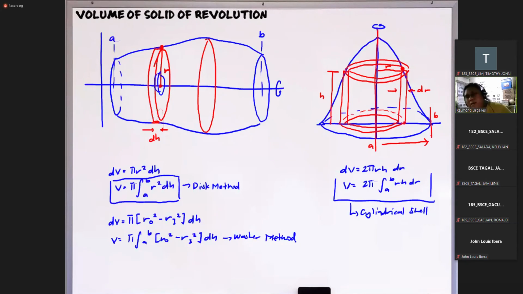Okay? Okay ba? So yung last but not the least na method for calculating the volume of solid of revolution is yung tinatawag natin na Pappus theorem. So Pappus theorem yung pinakamadaling, pinakamabilis na way para mag-solve ng volume ng solid of revolution. Although meron tayong dalawang requirement. Yung isang requirement natin is the area na ni-revolve natin about an axis. And pangalawa is dapat alam natin yung location ng centroid.